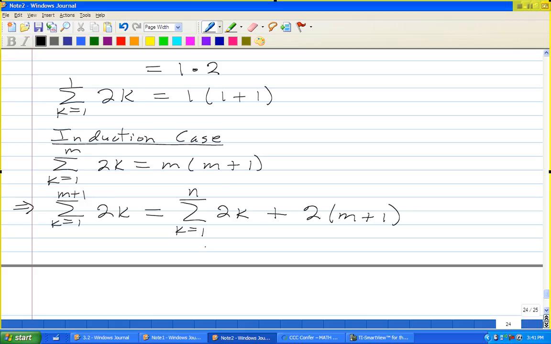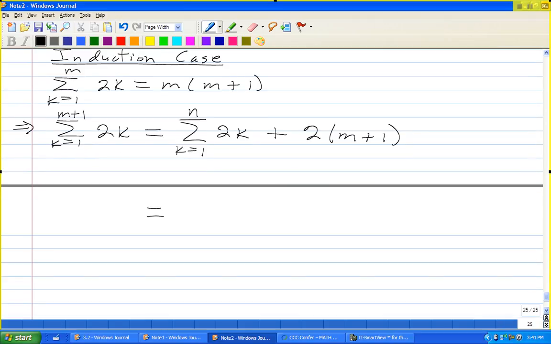But I know that these first few elements, the first m elements,